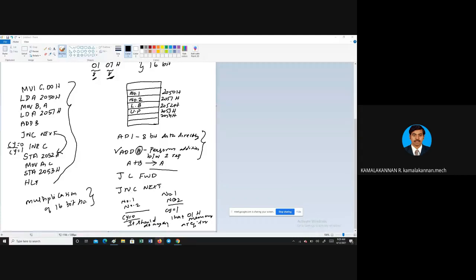Likewise, you write the program for multiplication, and check with the online 8085 microprocessor and please upload in the Google Classroom. Okay, so that is what you have to do now. For this I have written only the program and you can write the opcode. உங்க opcode இருக்குன்னு நினைக்கிறேன். அந்த opcode பார்த்து நீங்க இந்த opcode எழுதி you can check it. Okay, likewise நீங்க multiplication of 16-bit வந்து எழுதி please upload in the Google Classroom.